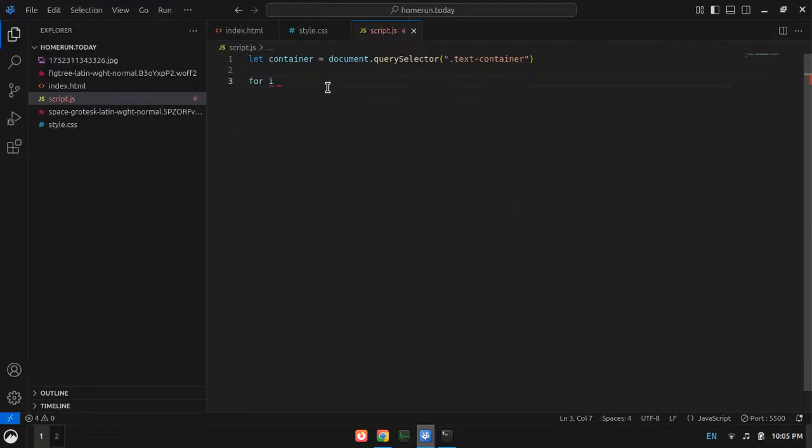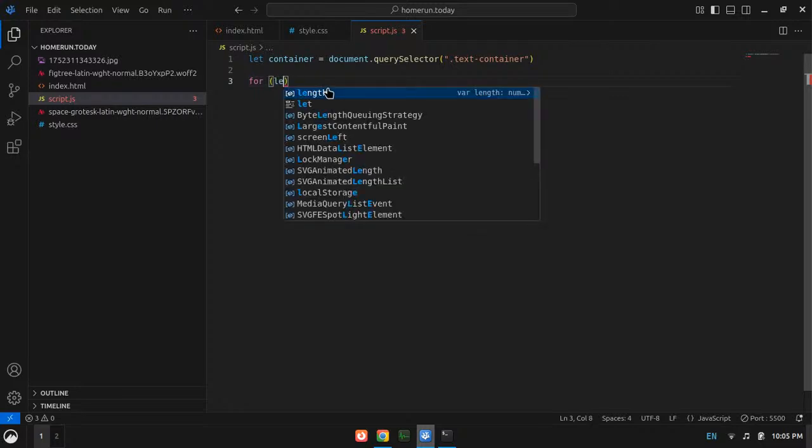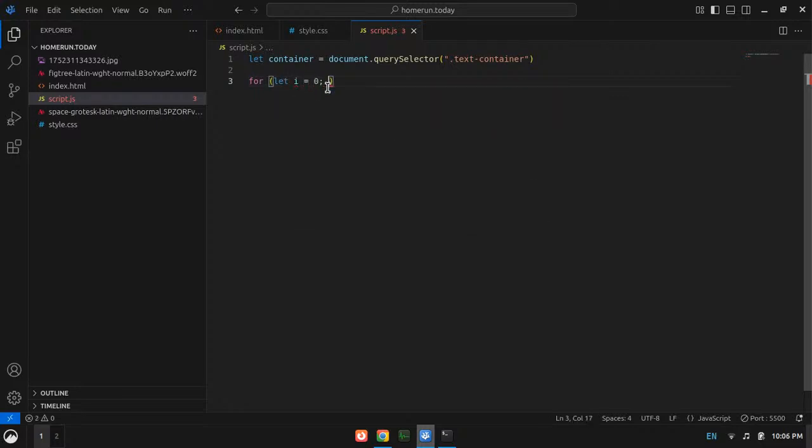For let I equal to 0, I is less than 7, and then I plus plus. Okay, got it. And now here what I need to do is create an element.